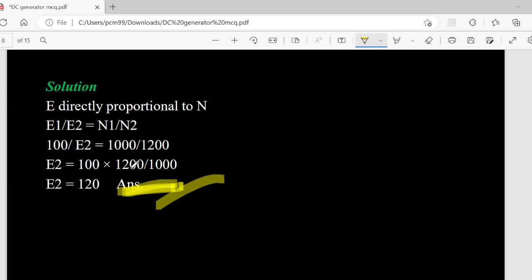Now E2 equals 100 into 1200 divided by 1000. The zeros will cancel, and you will get 120 volt. E2 equals 120 volt. So this is the correct answer. Next,